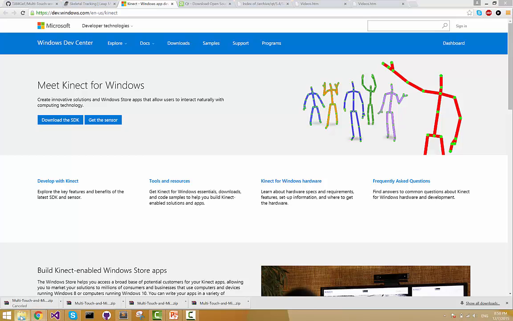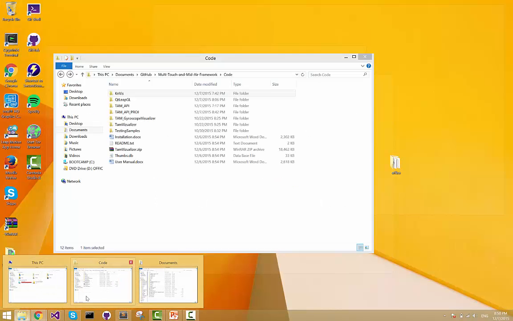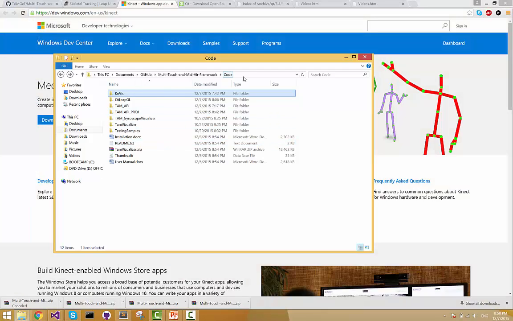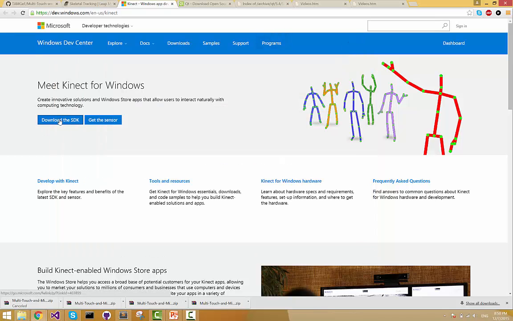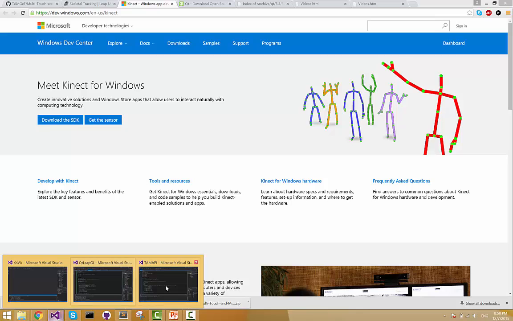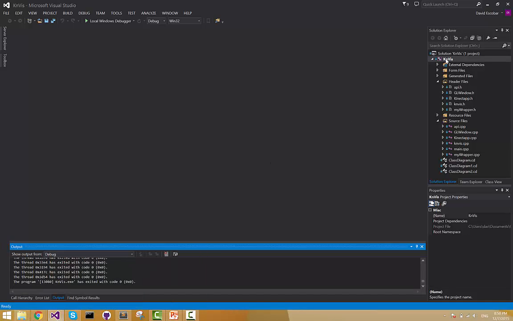After you download the Kinect application that you can get from the repository in code, here you have the application. You need to download the SDK. The SDK you can download from the Microsoft website. Once you download the SDK to a directory, you have two options. Either you have to copy and paste the whole path into the properties setting that you need to modify, or you create a system path and then open the application, go to the properties,